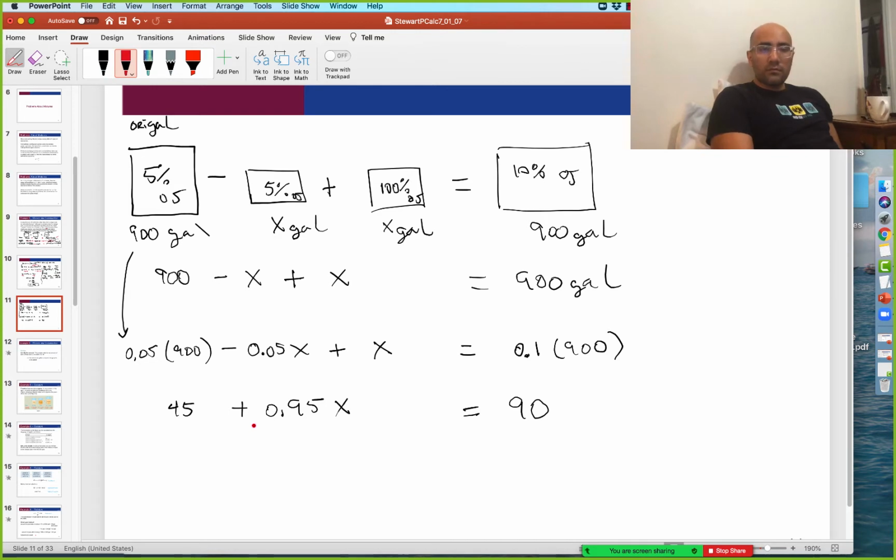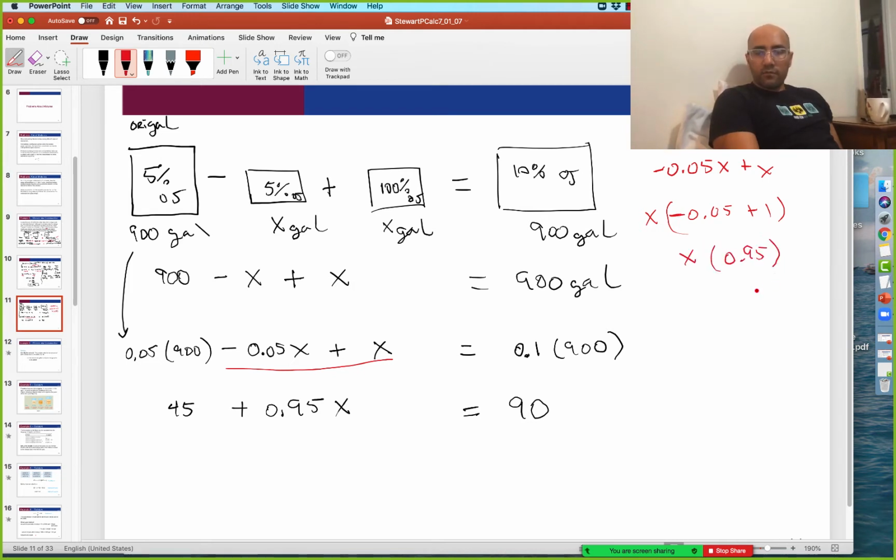Wait, how did you get 0.95 again? Oh, sure. I'm getting it from the combination of these two things. They're like terms, so there are different ways to look at it. Yeah, okay. Just in case someone else has the same question, let me do it here. What we can do is factor out an x. So we have negative 0.05 plus 1, and then we factor out an x. X times this is this guy, x times 1 is that guy. And then when we combine them, keeping in mind that this is a minus here, that's how we get the